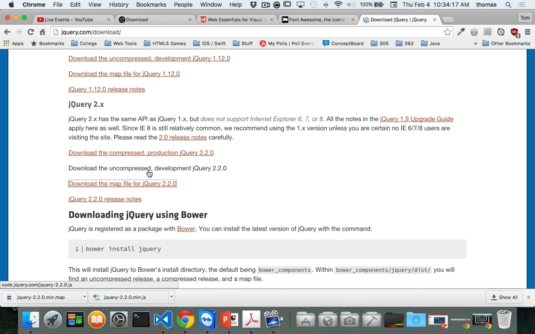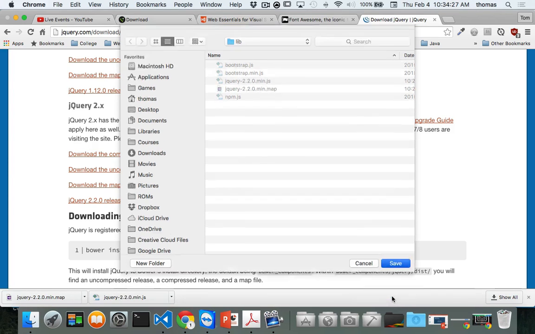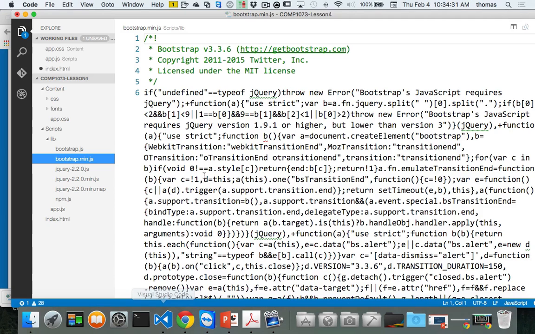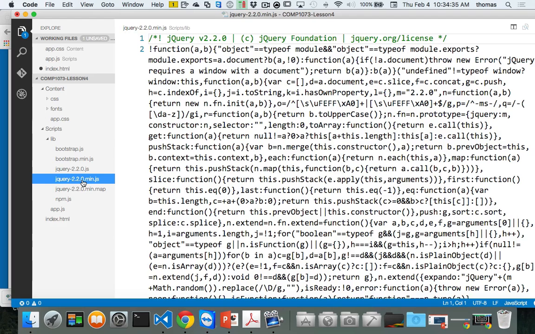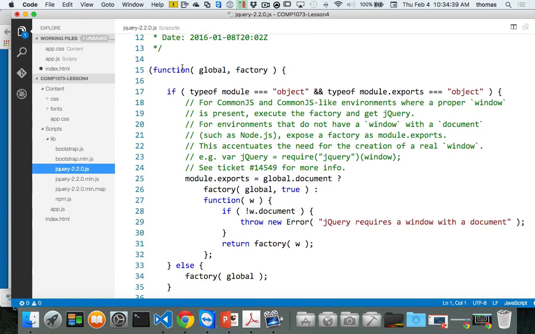And if you wanted to really look at jQuery and look at the code behind jQuery, I'll do it for you right here. I'll just download jQuery, the unminified version, and include it in my library. There it is. There's my jQuery unminified. Now if I go look at it again, this is the minified version, and this is the unminified version of jQuery, where actually you can see,